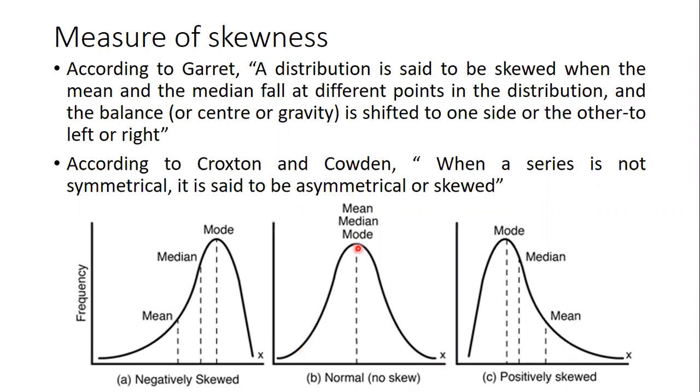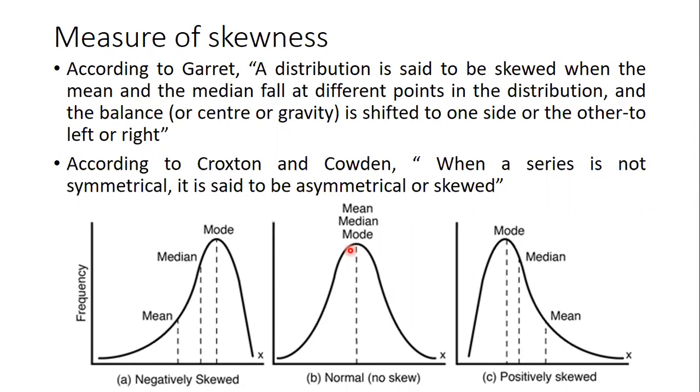So this center line is where mean, median and mode are all located, because all three are our averages. We consider arithmetic mean, median and mode. In all three, we consider the central value only. That is why they are called measures of central tendency. So this is called no skew, which means there is no problem with the values. Everything is in a balanced form.